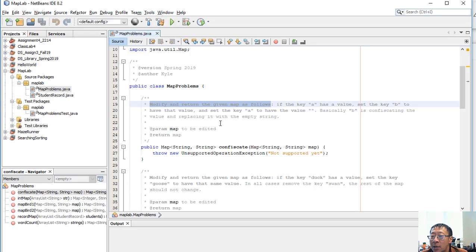Okay, if the key A has a value, in other words, if this guy already exists in the hash map, set the key B to have that value. So basically, you're going to get the value associated with key A and give it to the key B, and set the key A to a new value of empty string. Basically, B is confiscating the value and replacing. Okay, so let's say